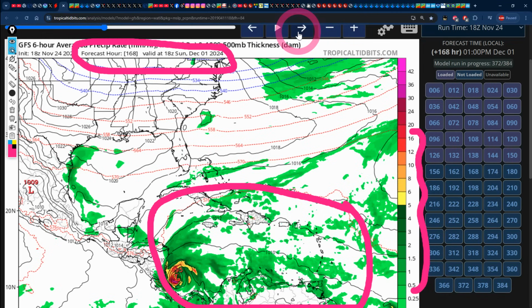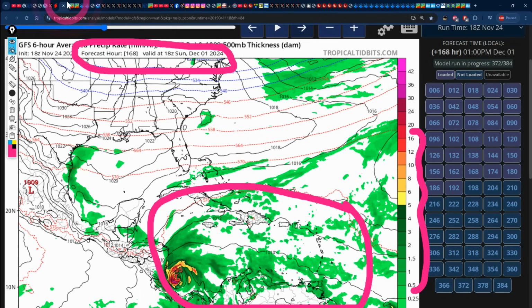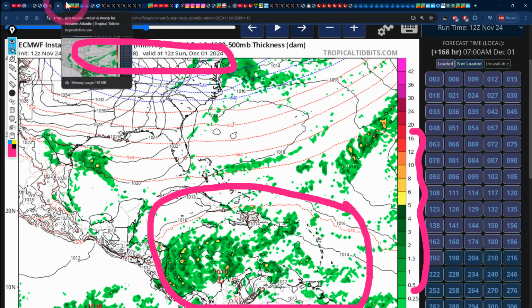But the fact that the Hurricane Center isn't highlighting anything as yet definitely shows that they don't have much faith in what's going to be happening, especially considering that the Euro hasn't been showing anything huge down there. A lot of isobars. We see an area of low pressure right there off the coast of Colombia, but that's just about it. We see that at the end of the next 7 days, Sunday, December 1, both the Euro and the GFS, for the most part, have moisture to the southwest of Jamaica. GFS trying to formulate something. Looks to be something along the lines of a tropical storm, possibly pushing westward into southern Nicaragua or northern Costa Rica. Euro just has a lot of moisture down there,